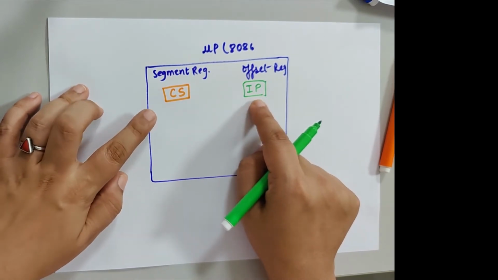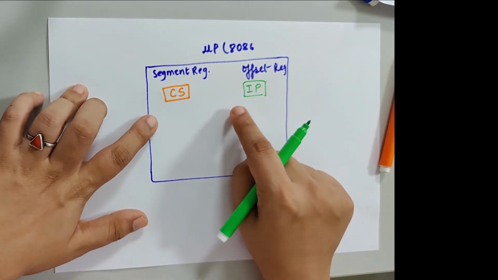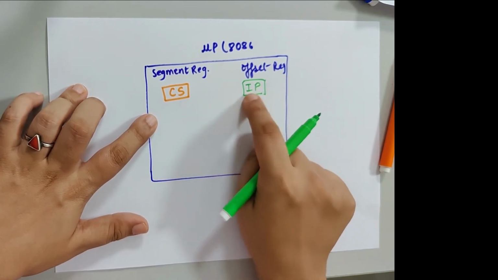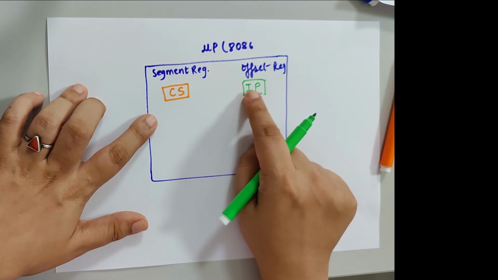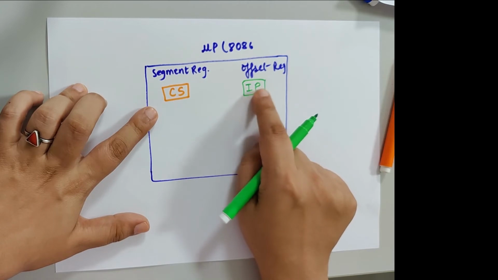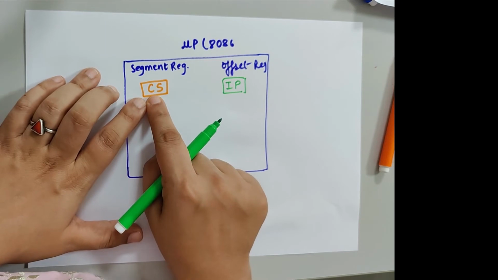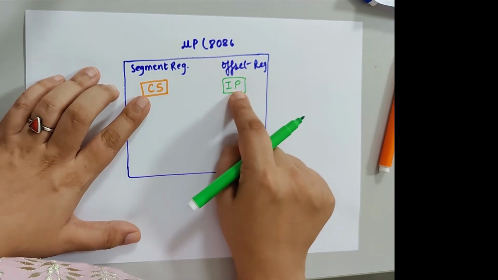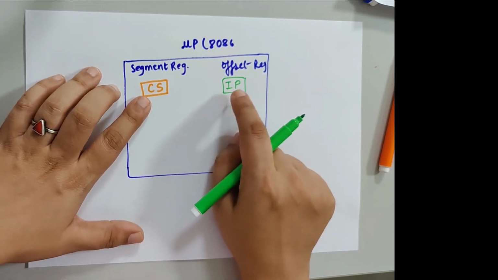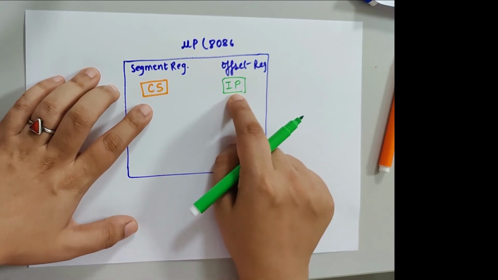Inside the code segment you have the instructions, right? So the MPU goes on fetching the instructions, and as it fetches an instruction, IP, the instruction pointer, this offset register, points to the next instruction which the MPU is going to fetch. So this IP goes on incrementing. So the segment register for the code segment is CS, and the offset register for the code segment is IP. What IP does is it holds the offset address of the instruction which the MPU is going to fetch next.